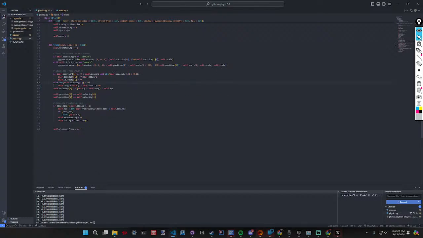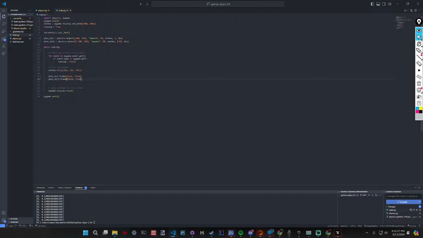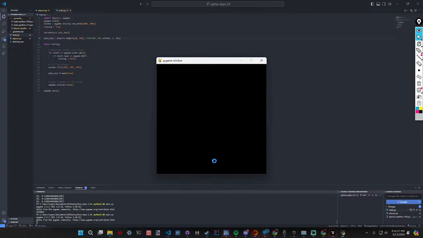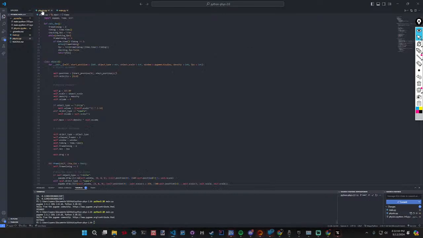The next thing that I wanted to get working is circles, because actually I'm going to remove this, and we will just put this at the origin halfway up the screen, because as you can see here, the screen is 500 by 500. But if we make this a circle, there's something broken with it. I think it might be the rendering. Oh, no, it worked. That's a very big circle.